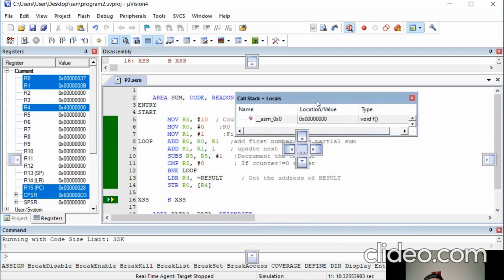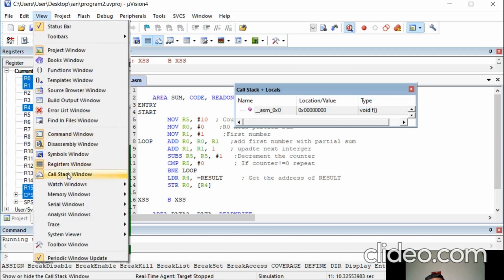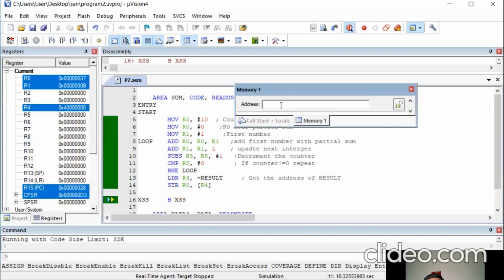We can just type the value. So here in the memory window, type 0x40000000, that is 4 followed by 7 zeros. This is the address of the memory location. Press enter.